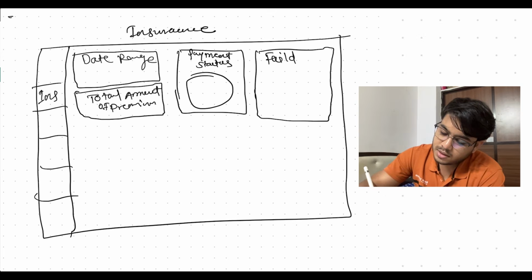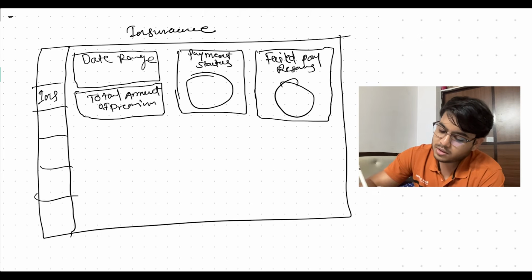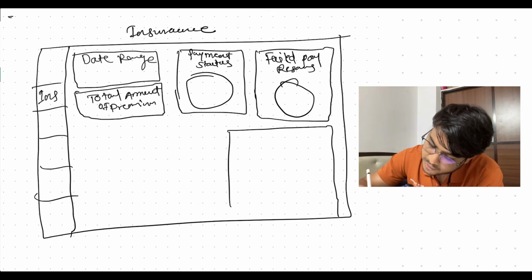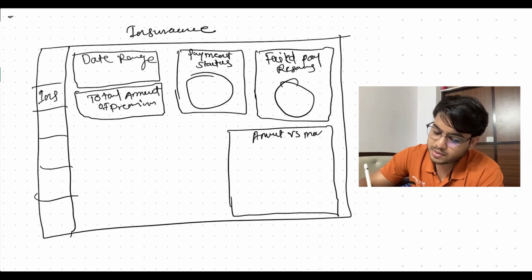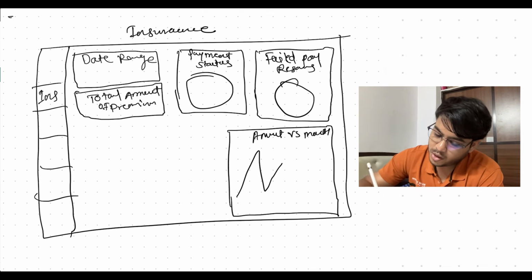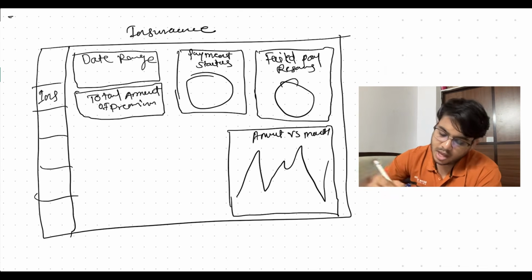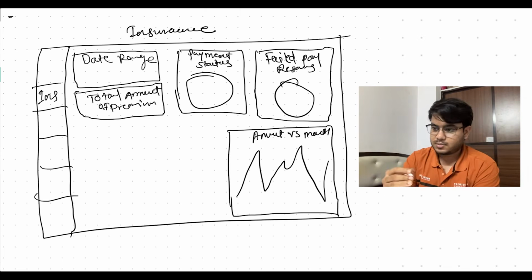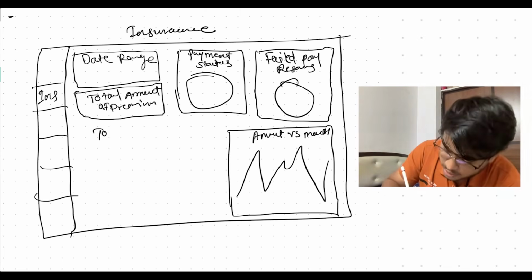Then here we'll add one small graph of amount versus month. Okay, something will be added here, and then the last thing will be